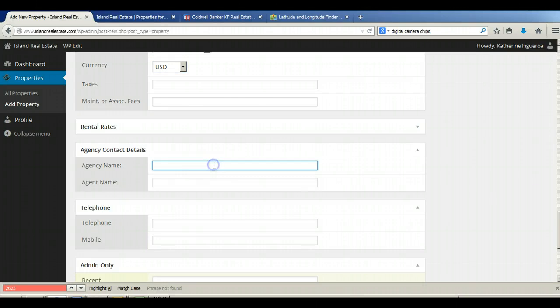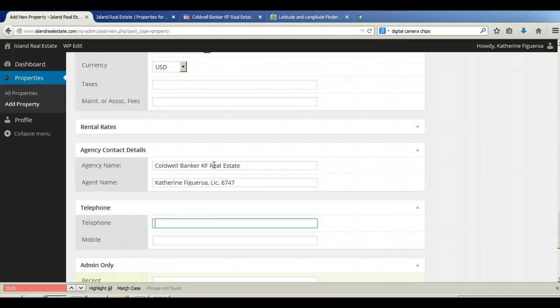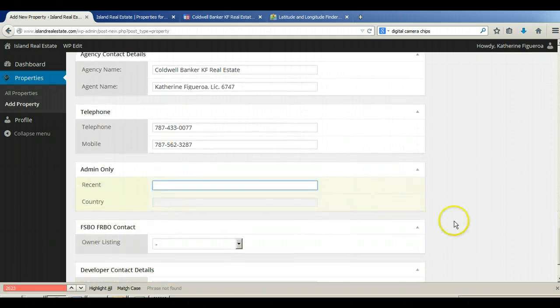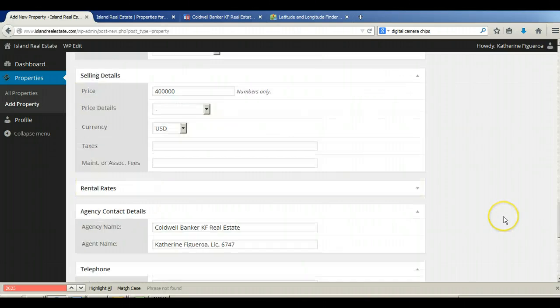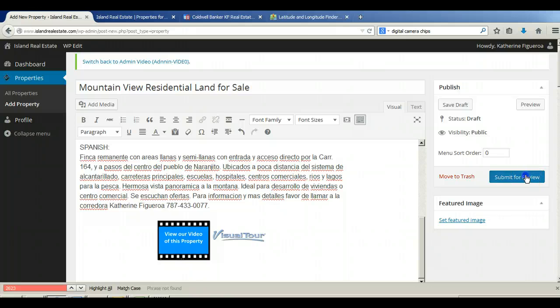And now I put in the agency name, which is Coldwell, and it's pre-configured. And so is Catherine, and the telephone number 787. That's it. And that's the mobile number. And that is all of our information. We can now take this property, submit it for review,